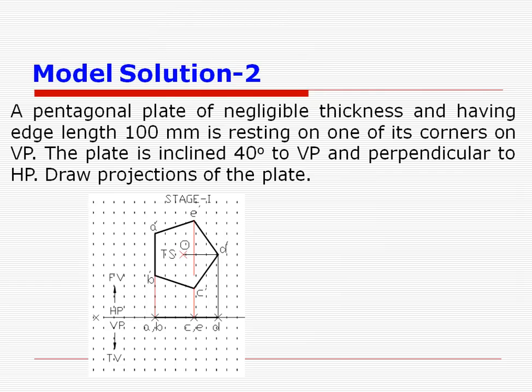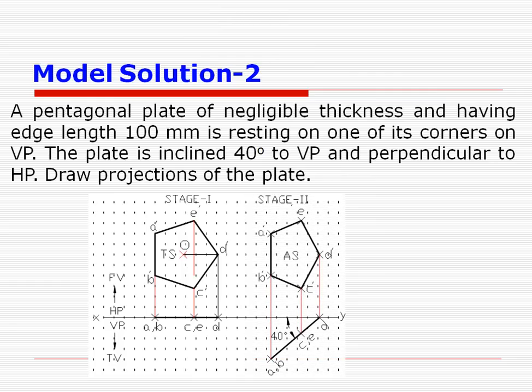So you see the top view A, B, C, D, E. So it is just a line. So this line, whole of the line at present is in VP or on XY line. The top view is just a line and that line is on XY line. So that means whole of the plate is in VP. Now we can give the required tilt.